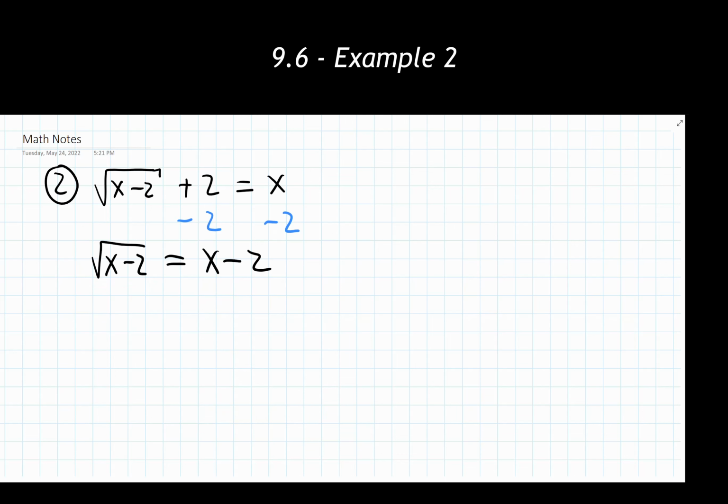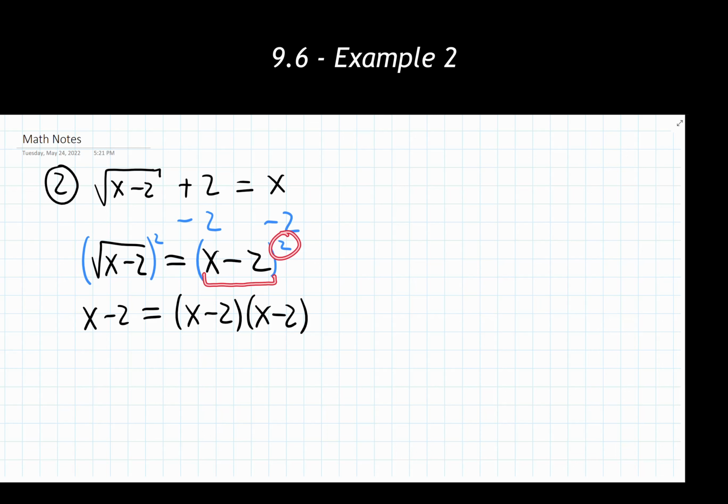Step 2 is to raise both sides of the equation to the power equal to the index and simplify from there. The index of that radical is 2, so that means I'm going to square this entire left side and square the entire right side. Again, it should be noted that it is everything that was over here that's being raised to the second power. On the left side, we're going to be left with x minus 2. And on the right side, I'm going to have x minus 2 times x minus 2. It is the entire right side multiplying by itself twice. So I have x minus 2 times x minus 2.